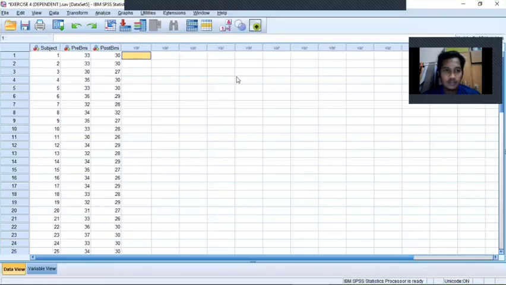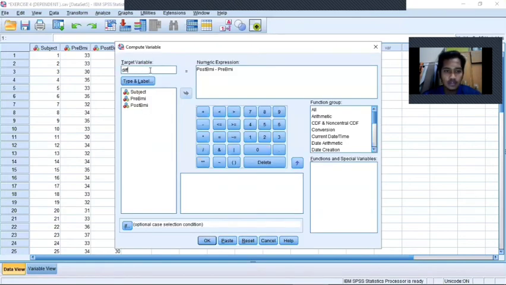Okay, for the fourth exercise, same for the steps. First thing first, transform, compute variable. So for the target variable, difference, and in the numeric expression we put post minus pre BMI. So we get the result.